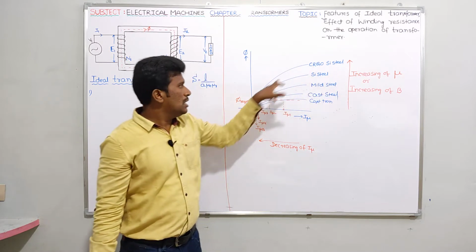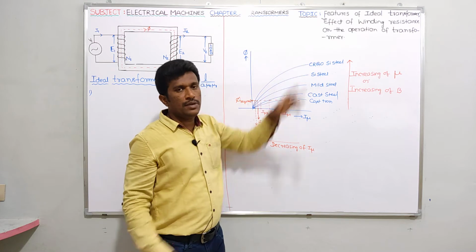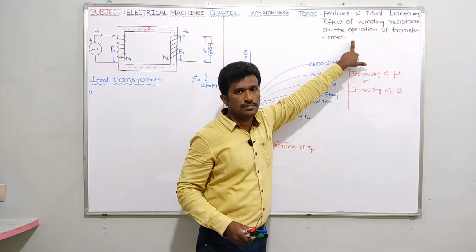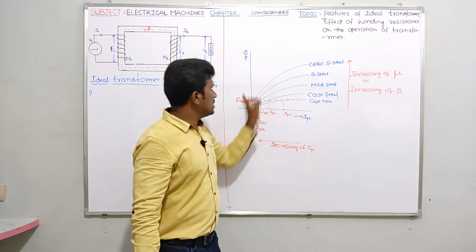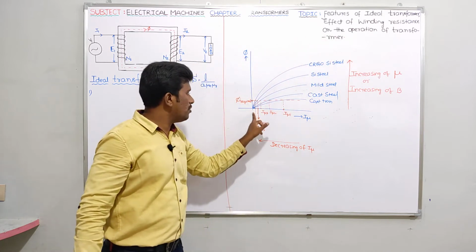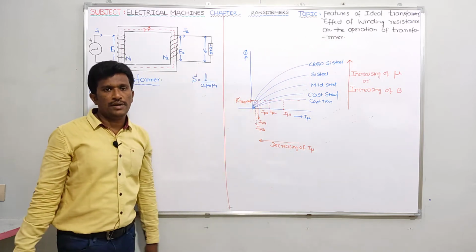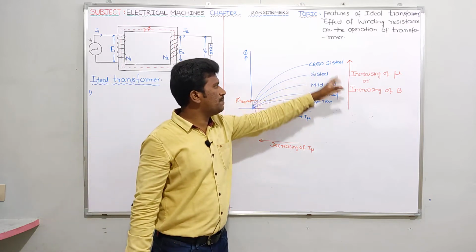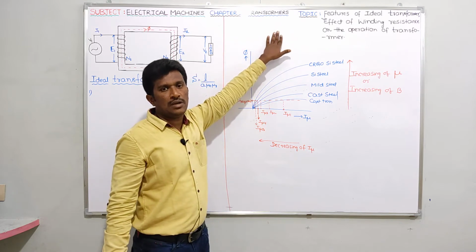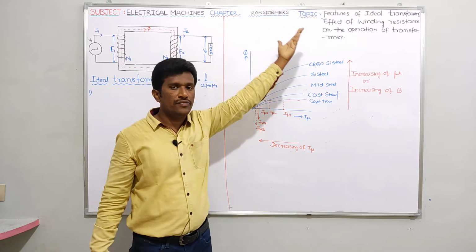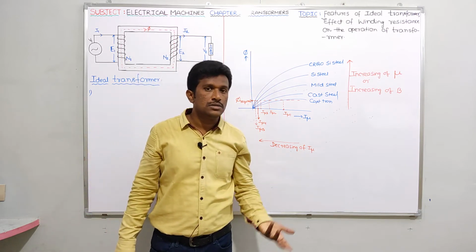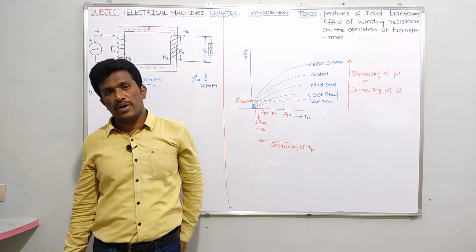Very good. Suppose I use a material as the transformer core whose permeability is infinite. Please try to understand. At that time, the requirement of I_mu value is how much? 0. Are you getting my question? From silicon steel to CRGO silicon steel, permeability increases, I_mu reduces, no? Suppose I take some material X whose permeability is infinite. For that material, the requirement of I_mu value is how much here? 0. This is a very, very important point, okay.